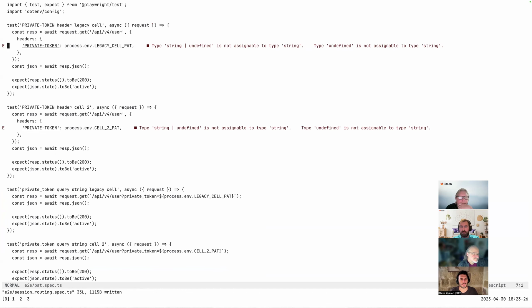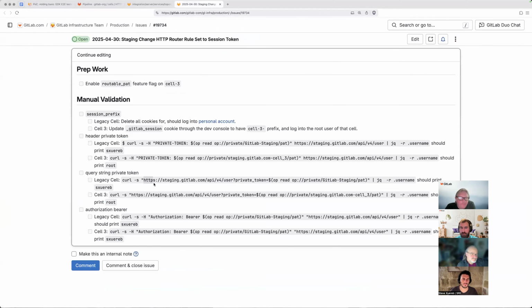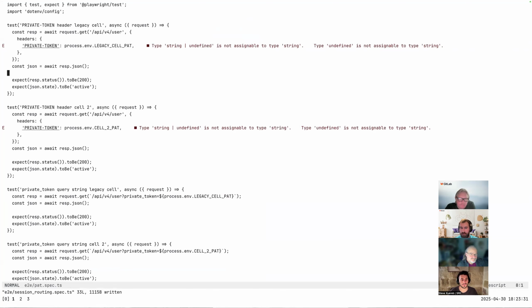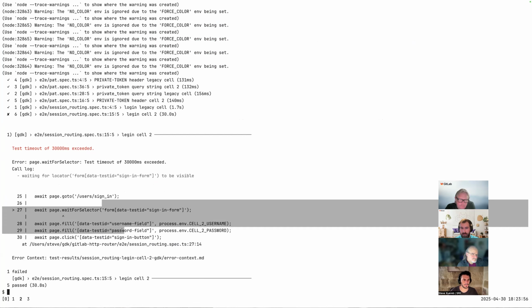So I'm basically translating these commands that I wrote inside of JavaScript tests in the HTTP router repository, where it's saying, hey, I'm going to send an API request to V4 user with this token, and I expect it to get 200 rather than a 401 because the private access token only exists in cell 2, not in cell 1, right? So this one, see, it exceeded the 30-second